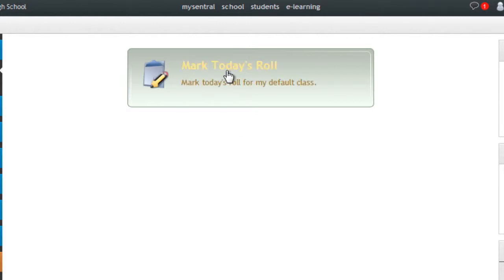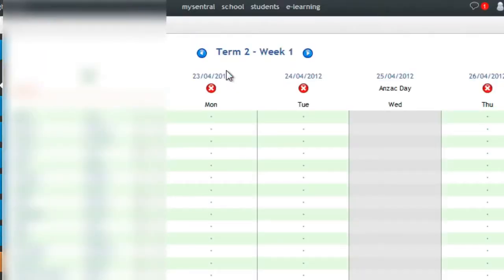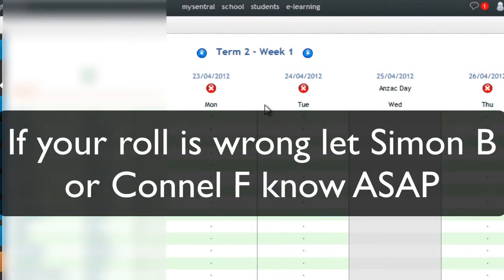So all you need to do to mark today's role is click on the big button that says mark today's role, and I've been assigned role 8. It's also very important, if the students in that roll call are incorrect, you need to let us know. This is actually not drawing it from Time Chart, this is drawing it straight from Earn, which is the system